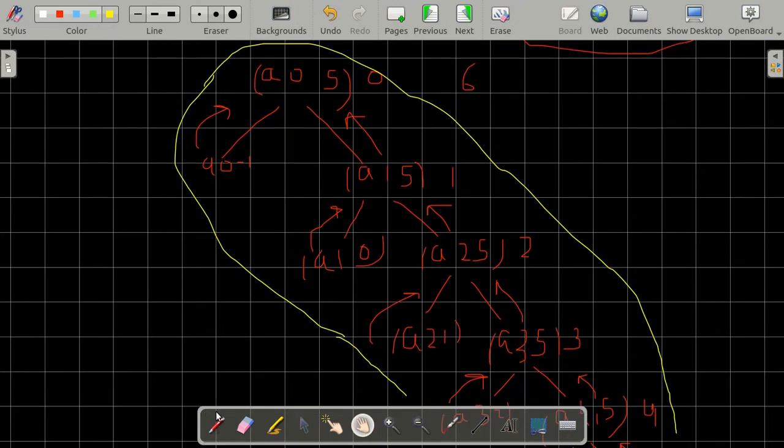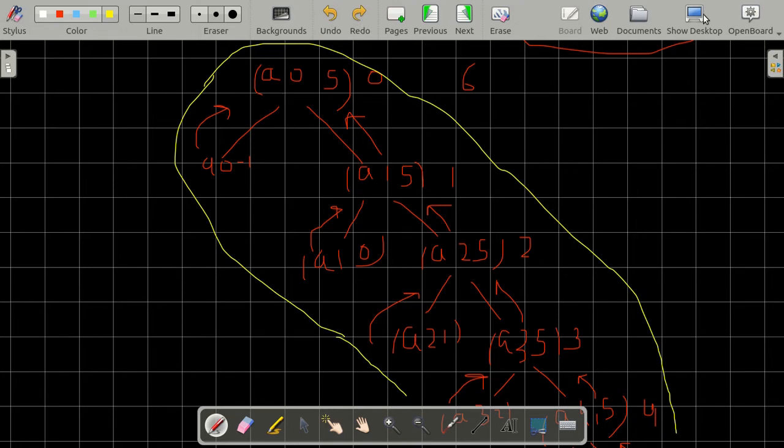Now a question comes up: whenever the input to our quicksort algorithm is a sorted array, we always get our pivot at the extreme ends, and in that scenario we get the height of the stack or the tree as of order of n. So over here we can say that the space required by our quicksort is of order of n for the worst case scenario.